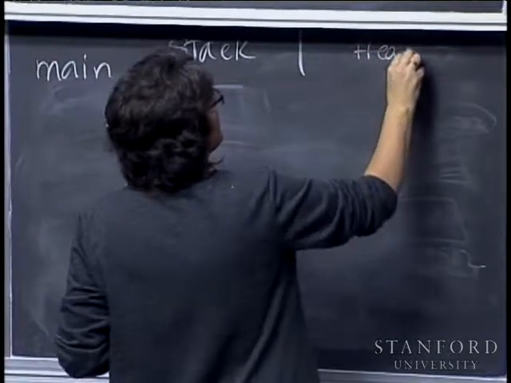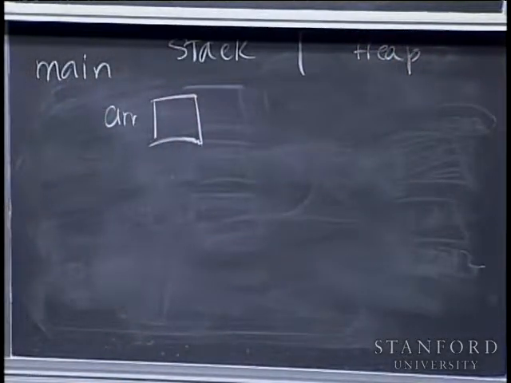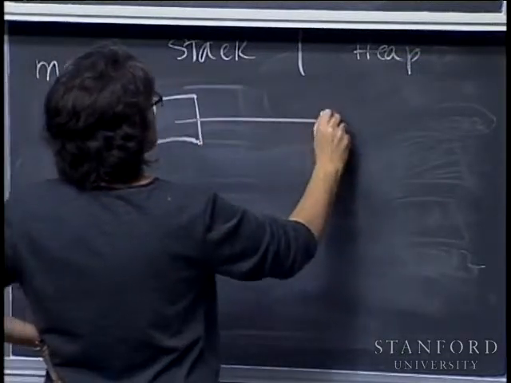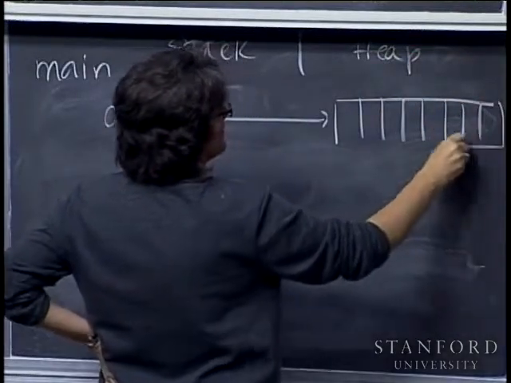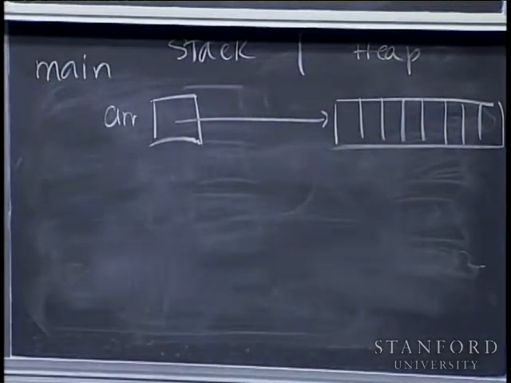And it immediately initializes it to a new integer array in the heap. It has 10 slots. I didn't quite draw 10, but that's a good idea of it. So the new operator, in addition to taking a single type, make me a single string or an int or a double out in the heap, also has an alternate form where you add the square brackets on it, and then you say inside the square brackets how large an array of those things you would like. So this is creating an array of integers 10 members long out in the heap, which array is going to